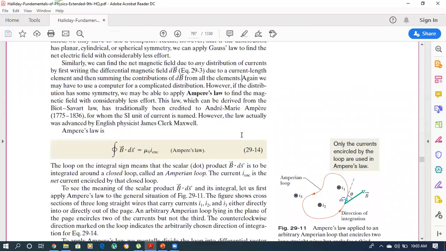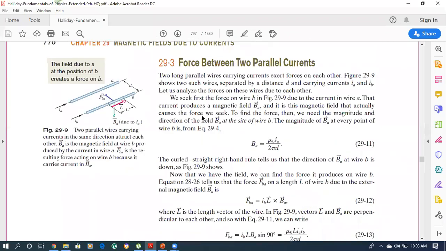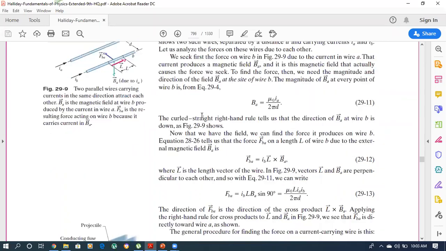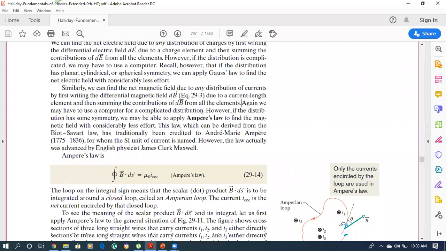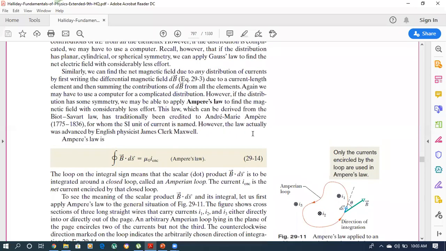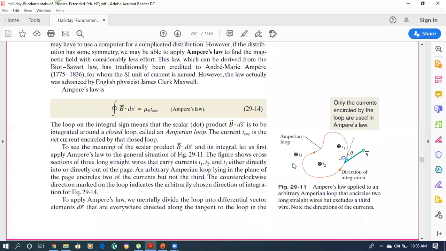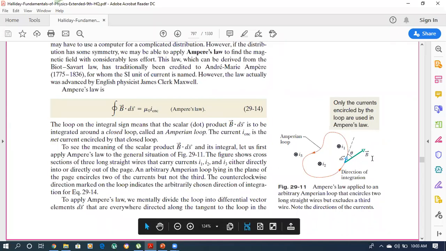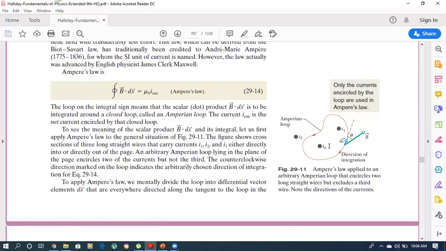Similarly, here we may have to face different problems, just like the example I gave of the magnetic field due to parallel or anti-parallel current wires when they are under the influence of each other. So here we now apply Ampere's law on this figure, 29.11. Look at figure number 29.11. There are three currents given, I1, I2, I3. Some of them are into the page, some are out of the page.